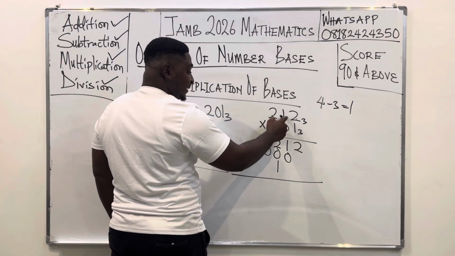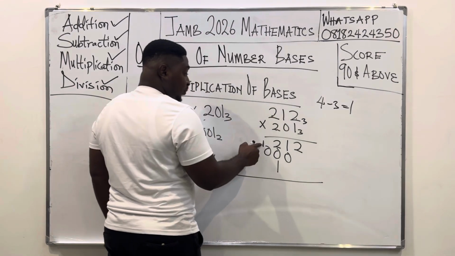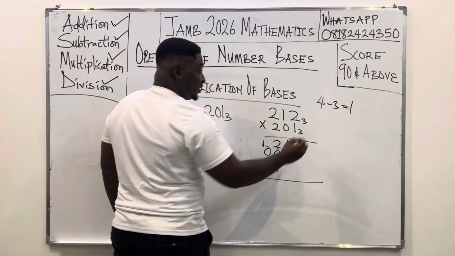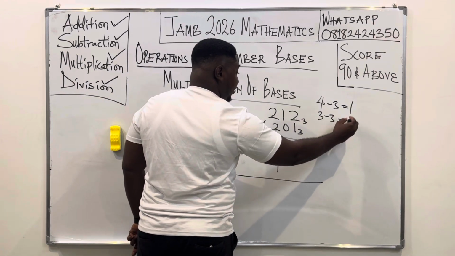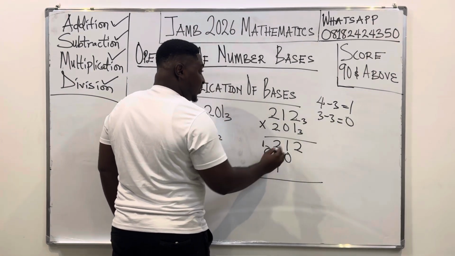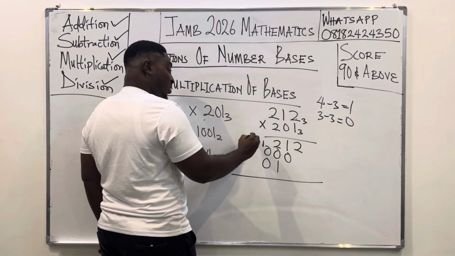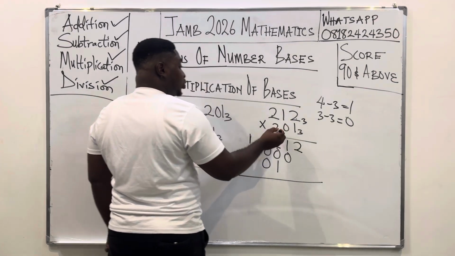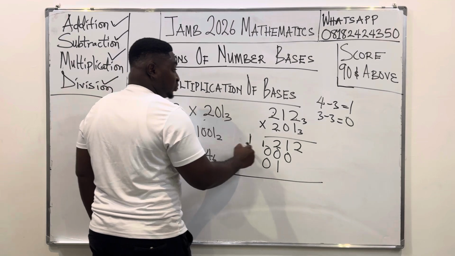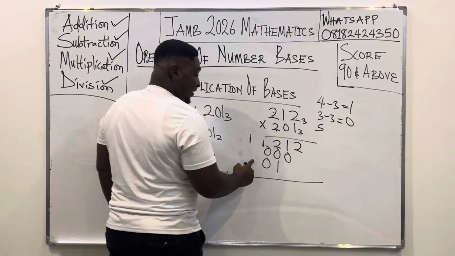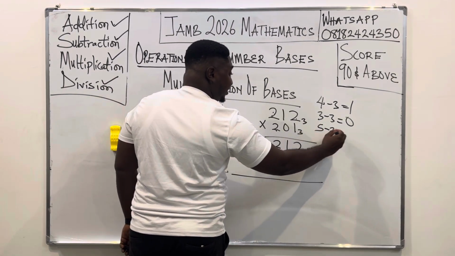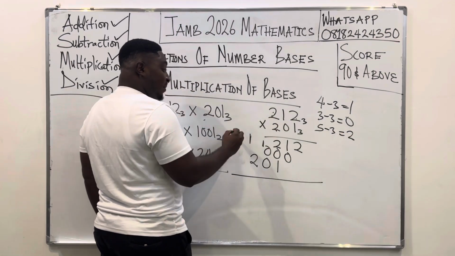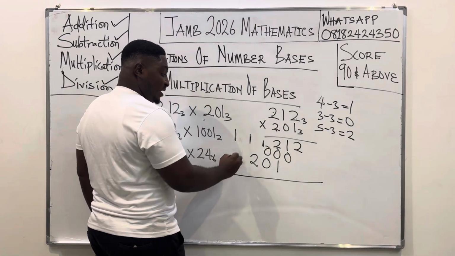2 multiplied by 1 is 2. 2 plus 1 is 3. We cannot write 3 here because in base 3, the number must be less than 3. So 3 minus 3, we have 0. So what we can write here is 0. But that 3 that we removed is going to cause an addition of 1 here. Let's continue multiplying. Now 2 multiplied by 2 is 4. Now 4 plus 1 is 5. We can't write 5 here because we are dealing with base 3. So 5 minus 3 is 2. So what we can write here is 2. Now that 3 that was subtracted will come and cause an addition of 1 here, which the 1 will now